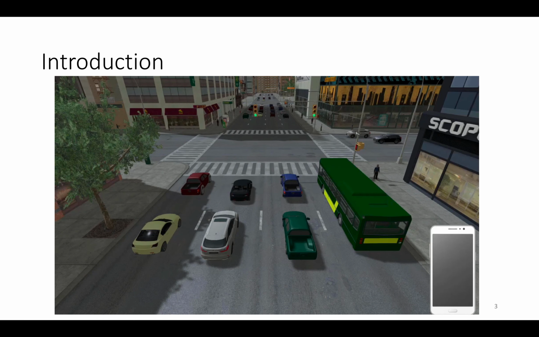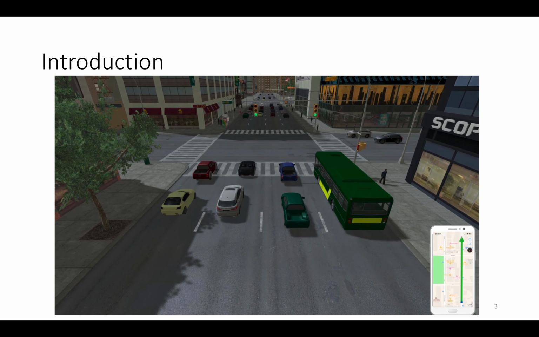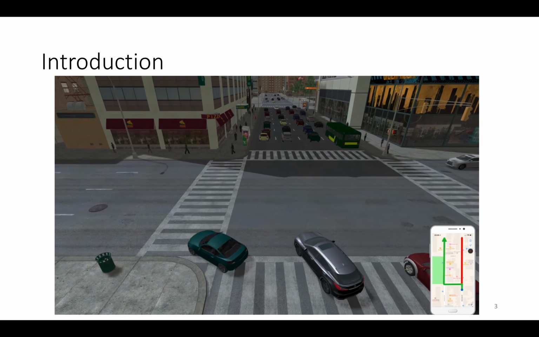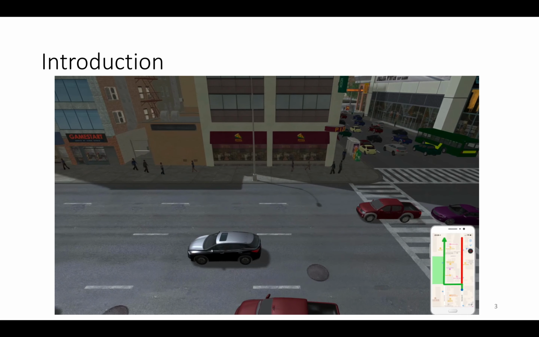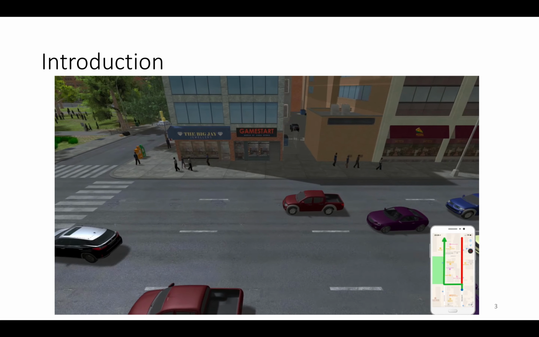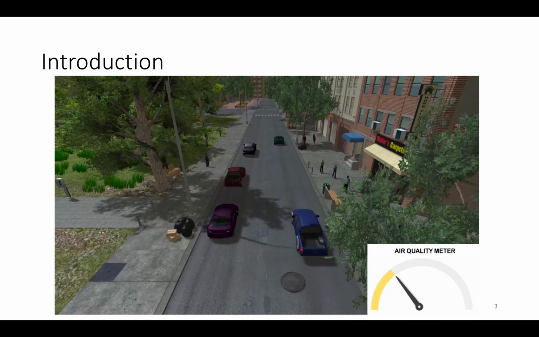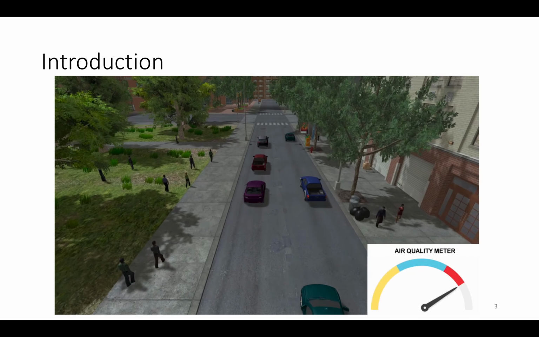For these smart services and city platforms, monitoring city states in real time to ensure safety and performance requirements is very important. For example, a navigation app on our phone monitors the traffic volume. When there is a traffic congestion, it redirects vehicles to another road. Where there happens to be a park, it raises the air pollution nearby.